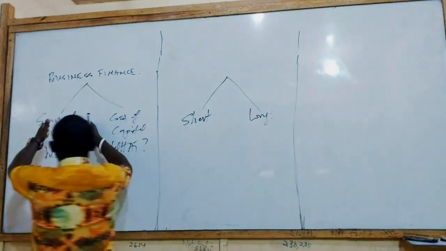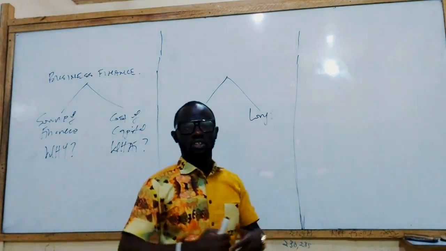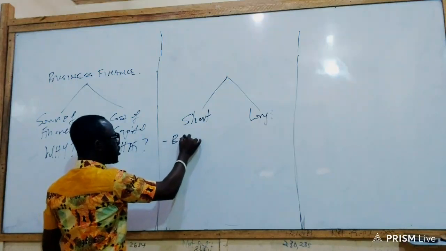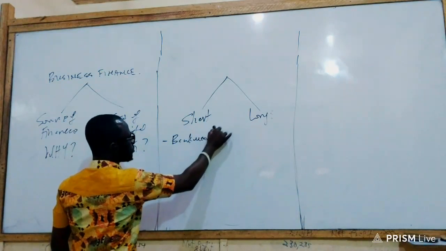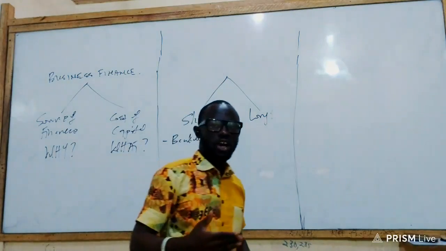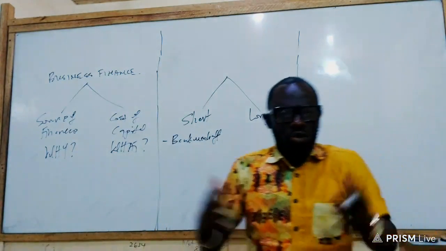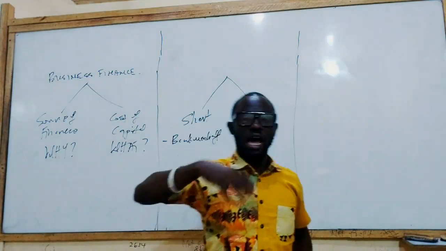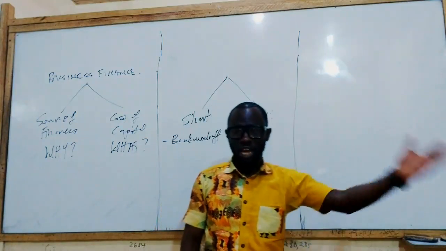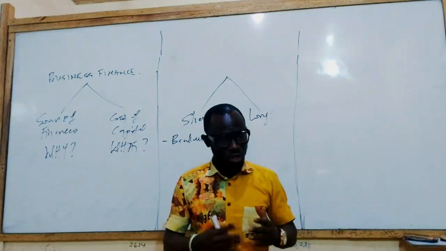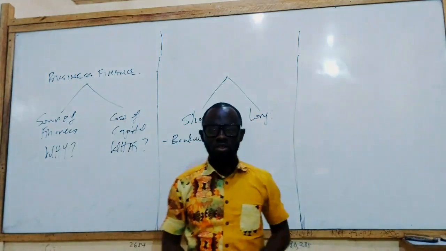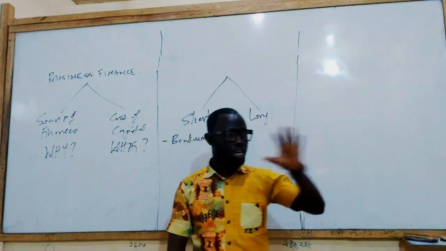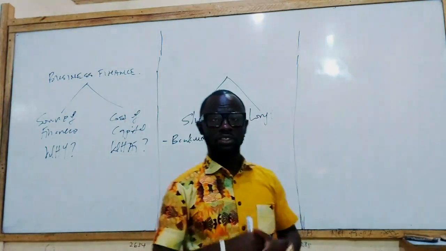So, where do we get the money from? In the short term, what are the sources of finance to an organization? What do we have? Number one, we can go for bank overdraft, certainly. Alright? So in the short term, the organization can go for bank overdraft. Now, what is bank overdraft? The bank overdraft is where an entity is allowed to withdraw an amount more than what is available in what? Its account. So that at the end of the day, interest is paid on the extra amount overdrawn, and immediately money is brought into the account or a deposit is made in the account, that amount is deducted by